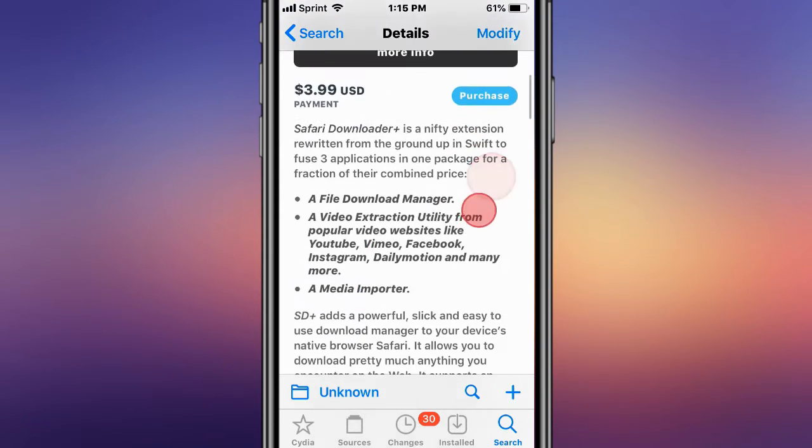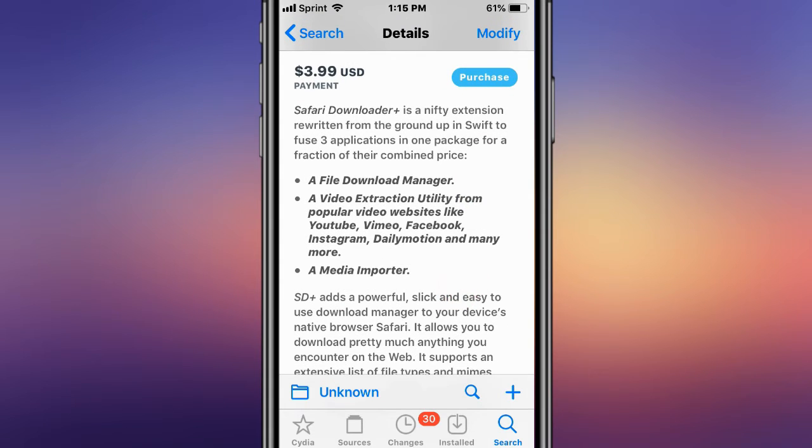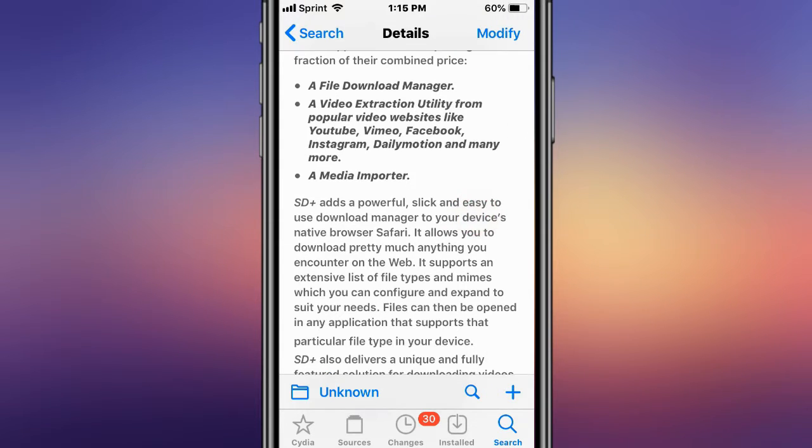This tweak is called Safari Downloader Plus, basically a nifty extension built from the ground up using Swift to fuse 3 applications in one package for a fraction of the combined price. It's a file download manager, a video extraction utility for popular video websites like YouTube, Vimeo, Facebook, Instagram, Dailymotion, and more,